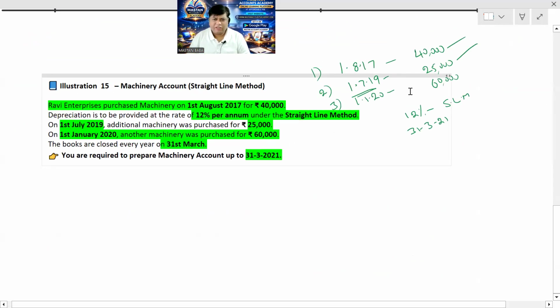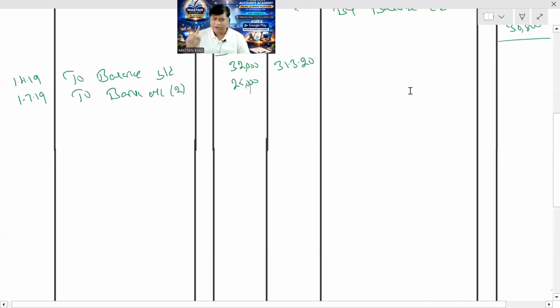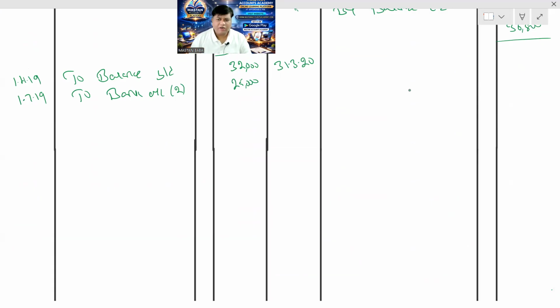So మనం ప్రతి సంవత్సరంలో ఒకటే కొనాలని లేదు. Within the year we can purchase one machine, two machines, three machines, more than one machines ma. So we have to check it once again. Okay, so ఈ 1/4/19 to 31/3/20 లో ఎటువంటి కొనలేదు. ఓకేనా,